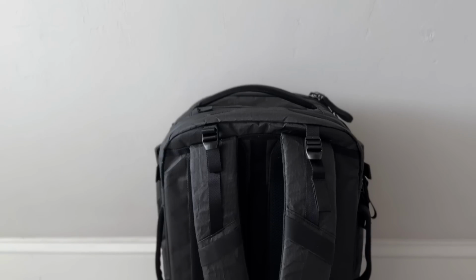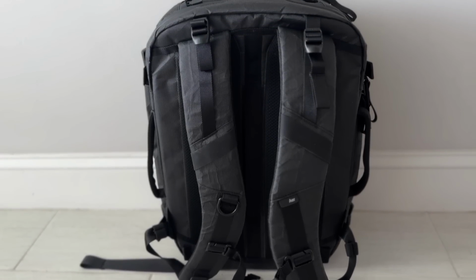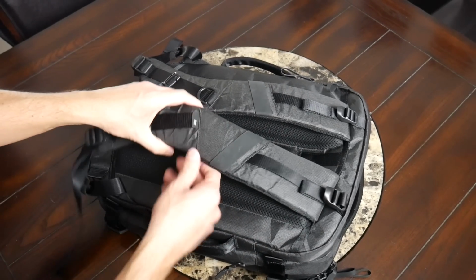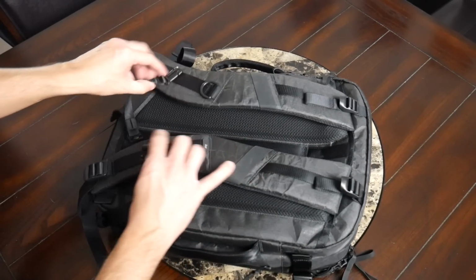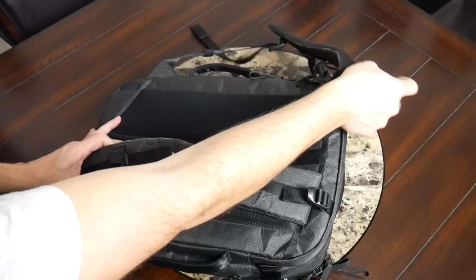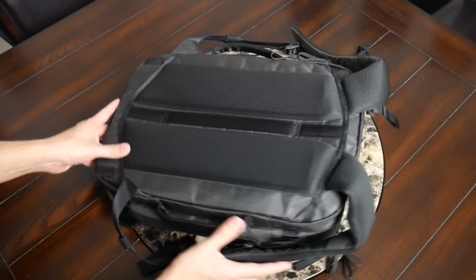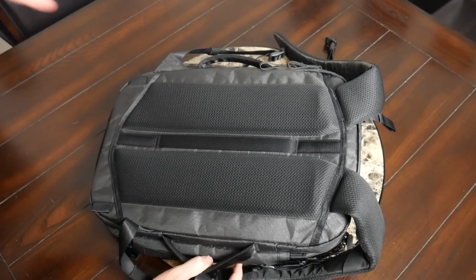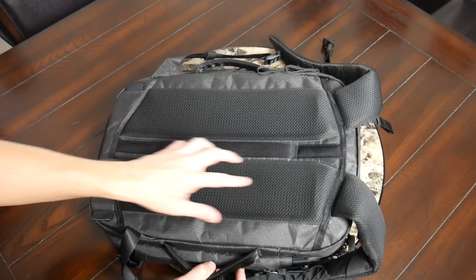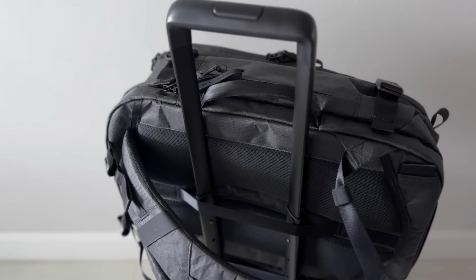And then you have the super comfortable harness system. I've used Aer's harnesses for many, many years now, and they're some of my favorite. I really love the padding, the breathability. You have the load lifters on this latest iteration, sternum strap with a magnetic buckle. You can purchase a robust waist belt that is removable if you don't want to use it. You can purchase it though if you want that extra support, particularly with the larger version of the travel pack. It could be helpful. You have the really breathable, well-padded back panel, luggage pass-through,